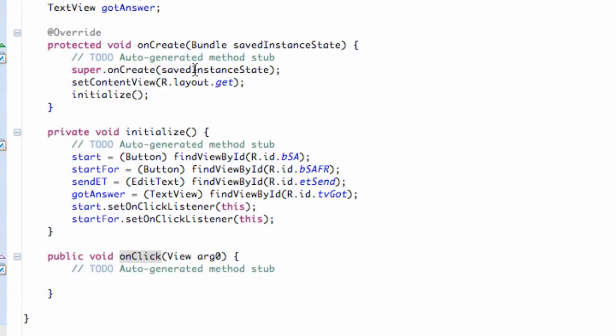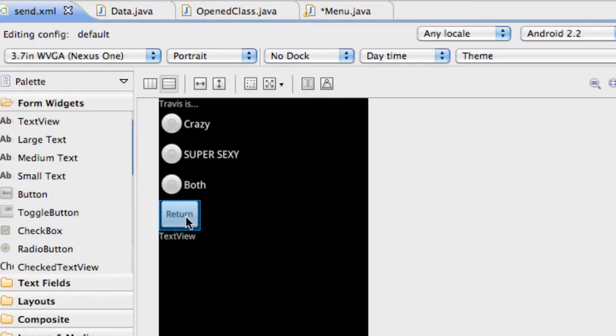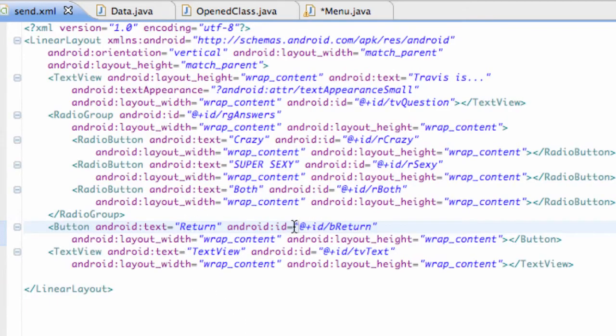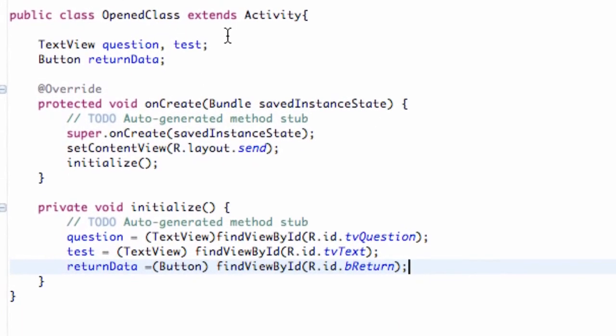But also the other thing I wanted you guys to change real quick is our send XML. I forgot I wanted to add one button here. So just drag and drop a button in there. Let the text be return, and then the ID is button return right there. Nothing too new. You guys can again set that up however, but I just wanted to show you guys how I set this up. And then I go into our open class, and again this is how I set it up. I had the two text view references, question and test, the button reference, return data, had the layout set to send, set up an initialize method again where I added those references, and